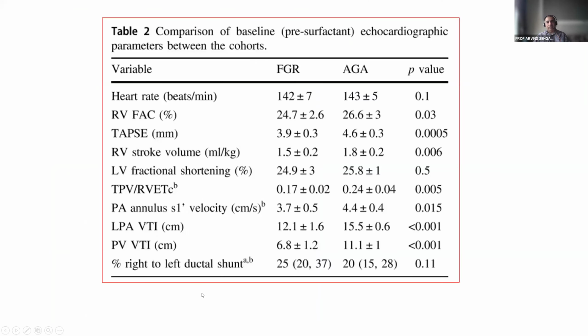pre-surfactant blood gases. So this table compares pre-surfactant echo parameters. So surfactant has not been given as yet. So again, these are preterm infants who are less like within the first day of life. You can see here the cardiac contractility in terms of the TAPSE is lower, RV stroke volume is less, and there is equal proportion of right to left shunting on both